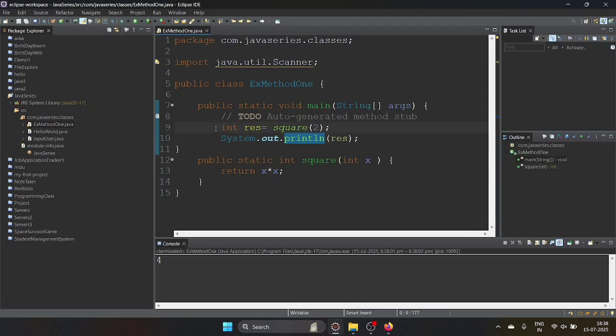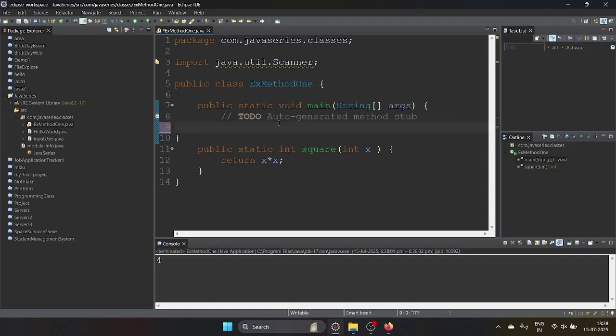Okay, I will remove this entire part. I will write void here, meaning we are not returning anything. Then greet, then here we will take String name. We are not returning anything, we will print this out: hello, and we will take a name. Then here we are going to call that method. So let's take greet and you are passing some parameter. I will enter my name. Then save and run. Let's check.